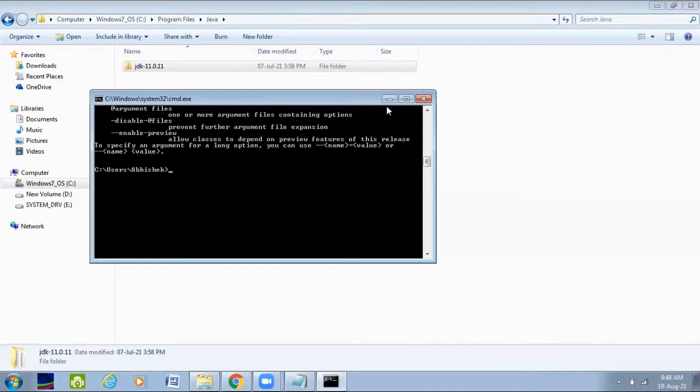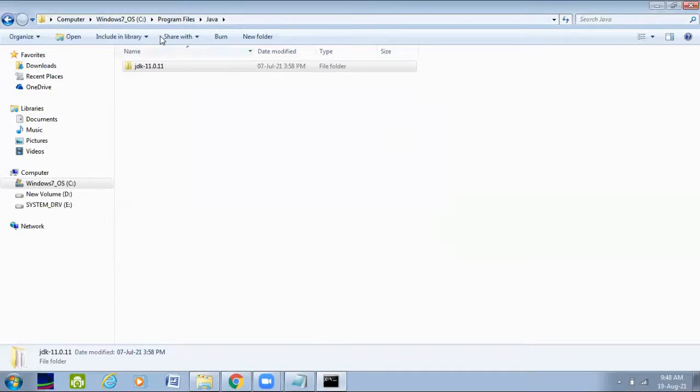But if it doesn't find the command you have typed there, it will by default visit that path section. If it is present there, it's well and good. If not, then it is going to show the error. This is how you need to set up JDK on your system.